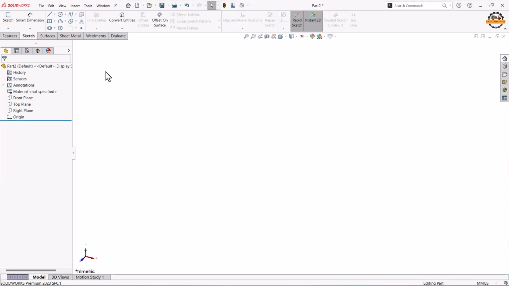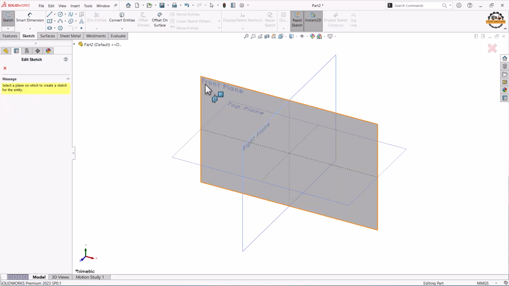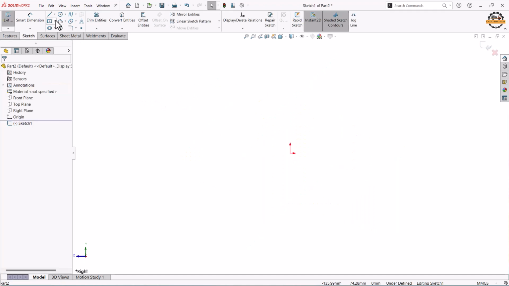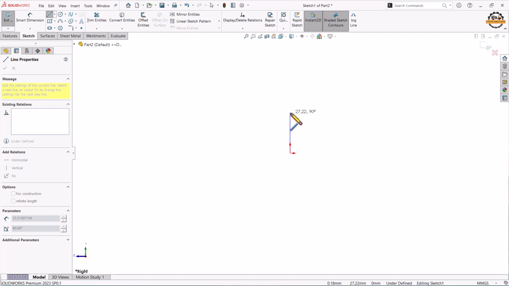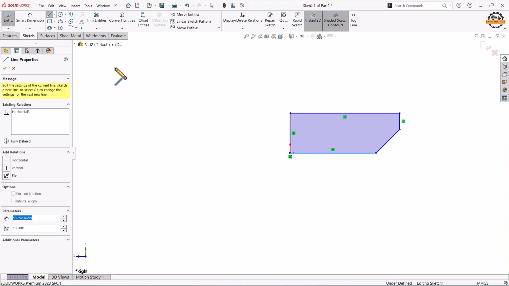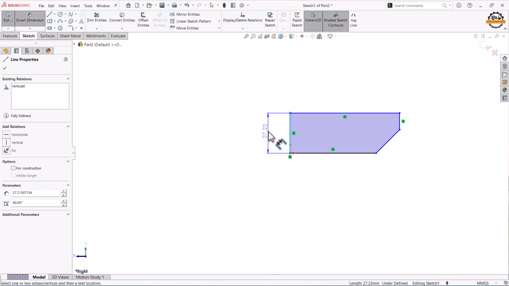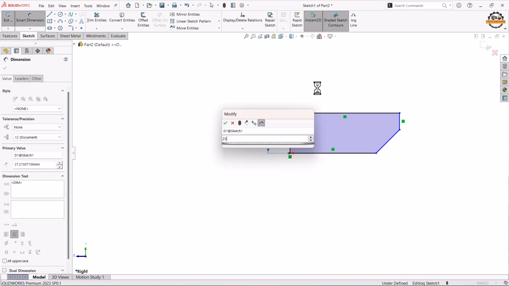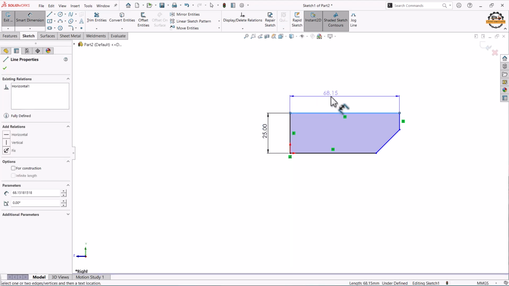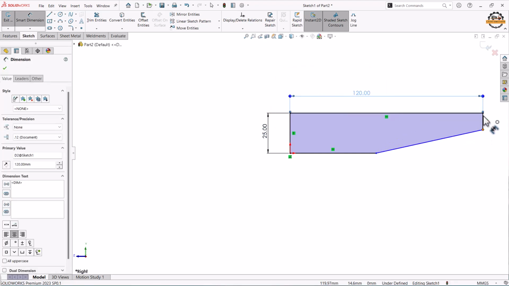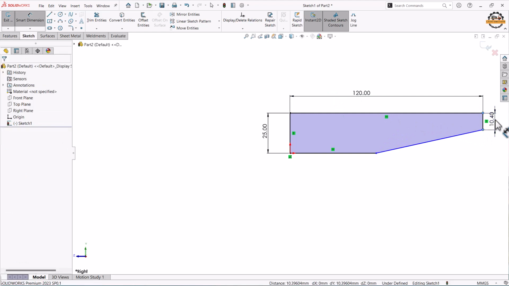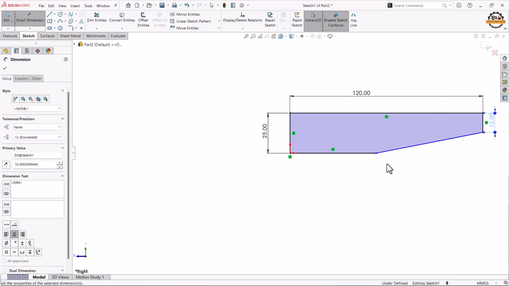Let's start. To design this part, we'll go to Sketch and take a sketch tool. And here, I'm selecting a right plane, because we are going to create this part from the side view, so we'll create a side shape of the model. And then we'll give all the dimensions to this. Here I'm specifying all the dimensions. This is 25, 120, 12 distance, 45,